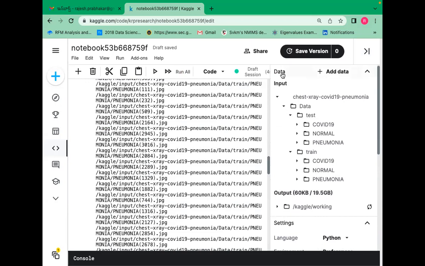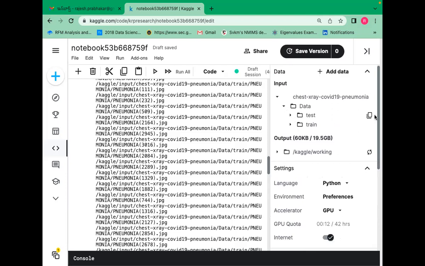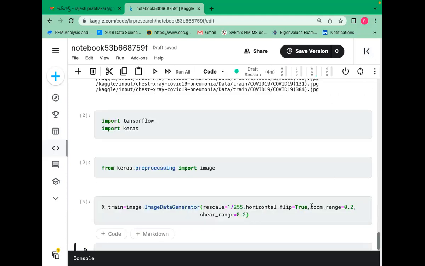If you click on the data tab on the right side, not the add data tab, you will see the folder chest X-ray pneumonia. Click on the data tab, you will see the train and test folders. You have three categories: normal X-ray, COVID-19 X-ray, and pneumonia X-ray. So you can minimize it. We just need the train and test link. But first,